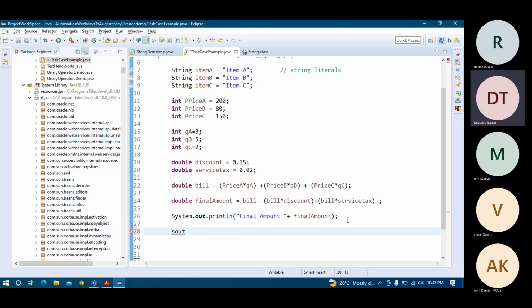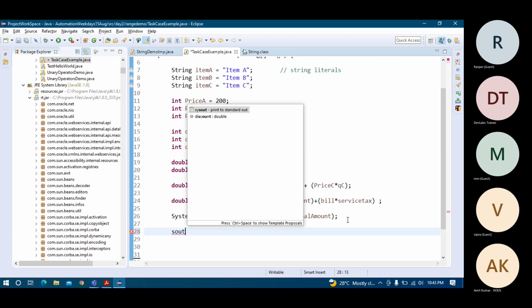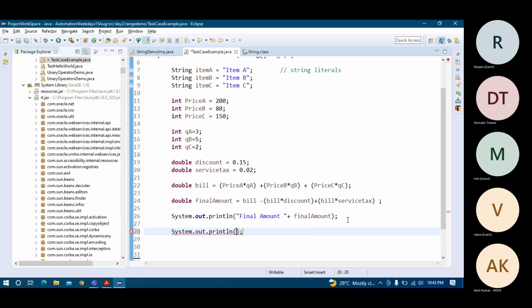System.out.println, final amount for item A, item B,